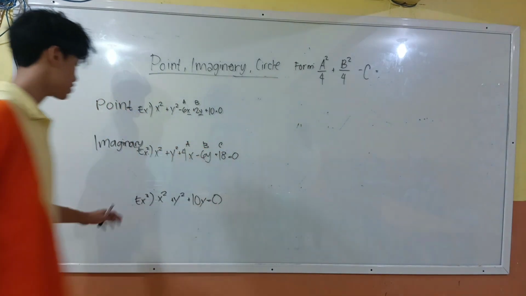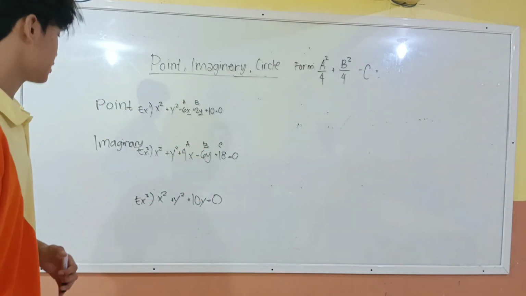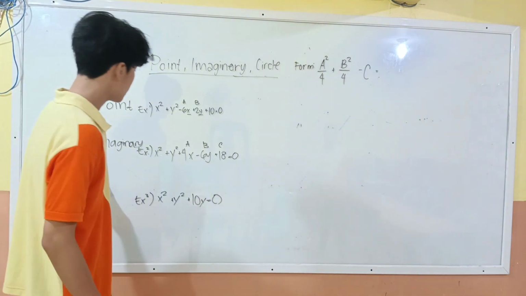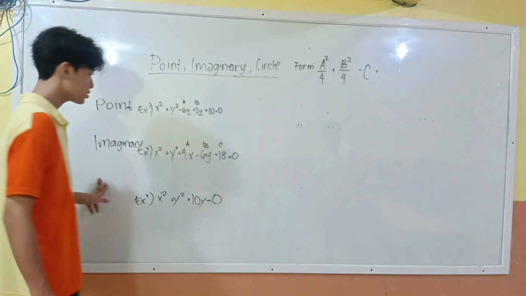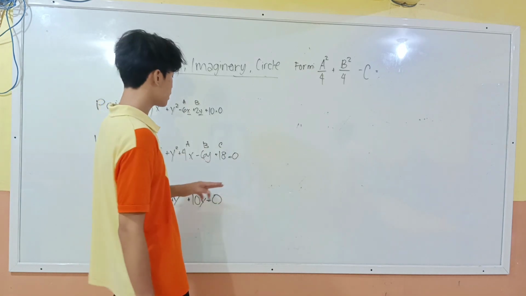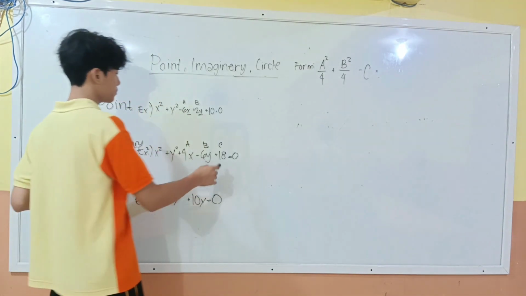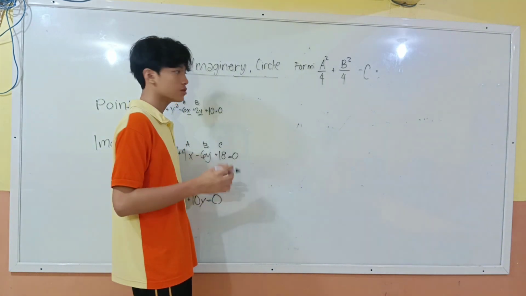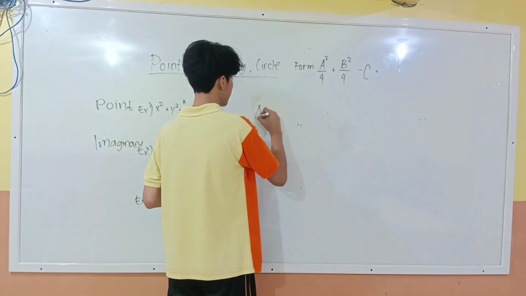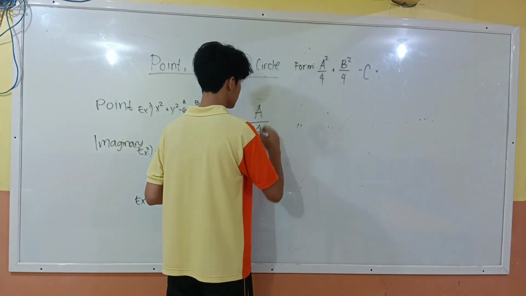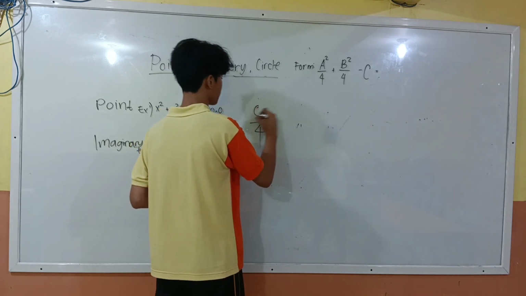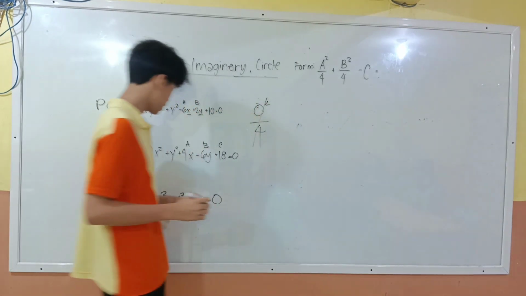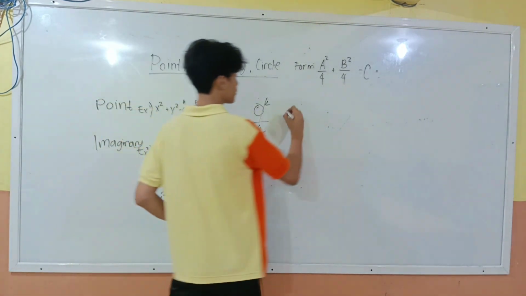So our equation is x squared plus y squared plus 10y. So you may notice we are missing some values. We are missing our constant and our a. So we can still do this. So a is 0, so this will get cancelled out. And then we focus on b, which is 10.